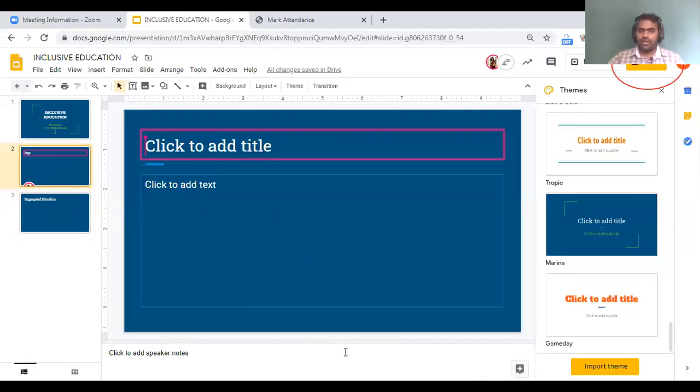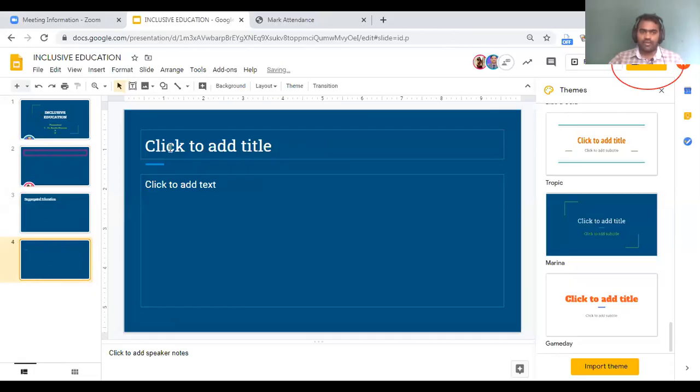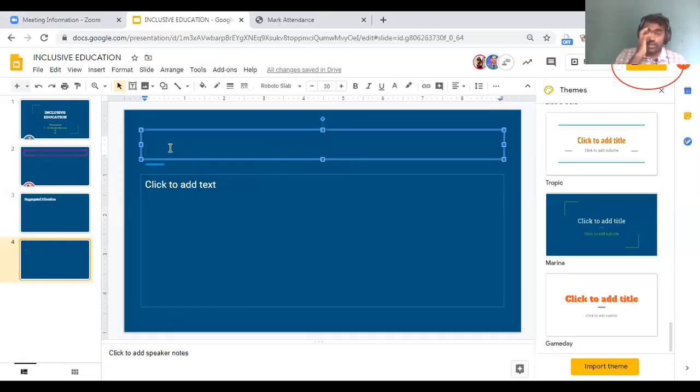The other people did not join. So this is what I am telling: if you are ready to work only, please share your email ID. By seeing many people sending email IDs, please do not share email IDs. Okay, one sir has joined. Thank you for joining. And Prasanna Kumar, I'll create a 4th slide for you. 4th and 5th are for you. You work on integrated education. See, these are the progress to inclusive education, right?